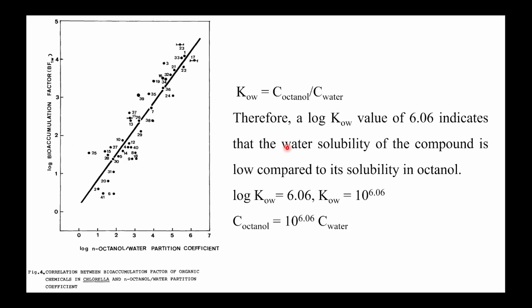If it is water soluble, it can get washed off from the surface. But if it is not water soluble, it will get absorbed in the tissues, and it will remain accumulated, because in your body also the environment is hydrophilic, right? So bioaccumulation factor is directly proportional to the log octanol by water partition coefficient. Okay,